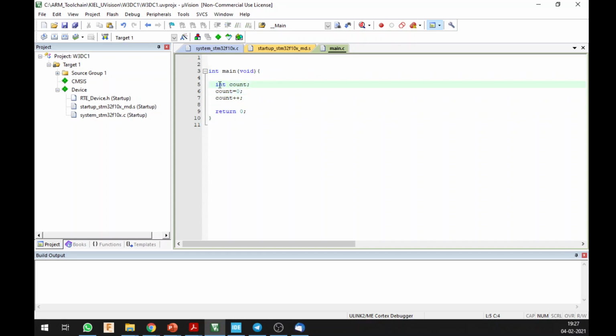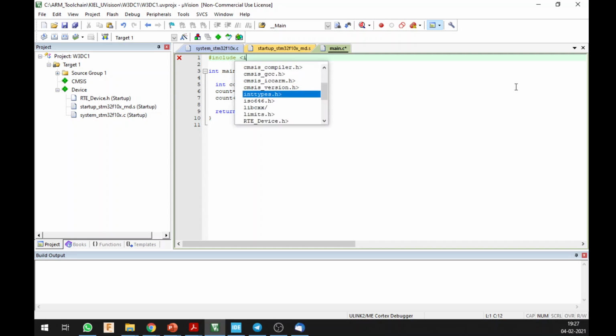But by default int is going to be 16 bits, and if you want to get a specific bit size for int, you can include the standard int library, which is stdint.h.